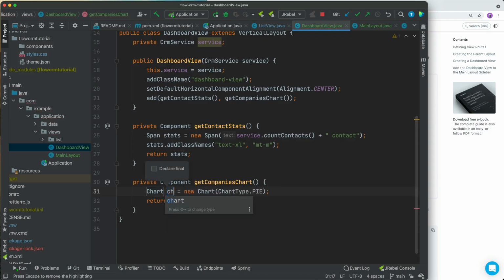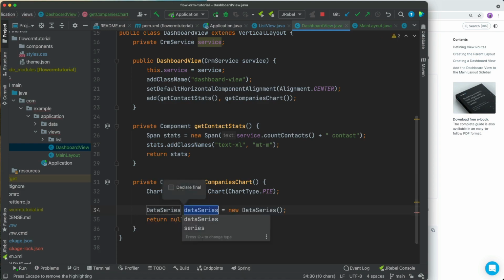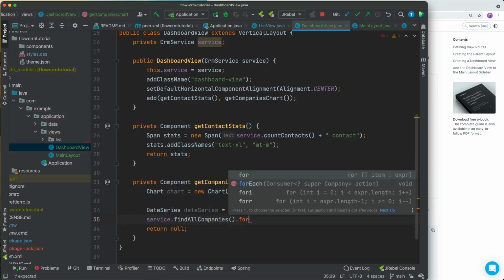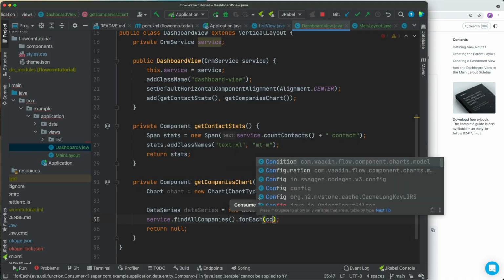And this chart will then need to get its data somewhere. So for that, we need a new data series. And we're just going to pull this out into a variable. And then what we need to do is call service, find all the companies, and then for each of them, pull out the stats. So for each company,